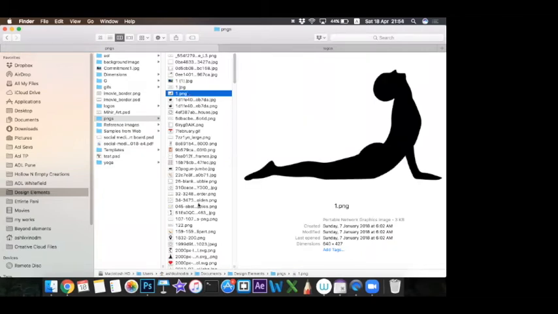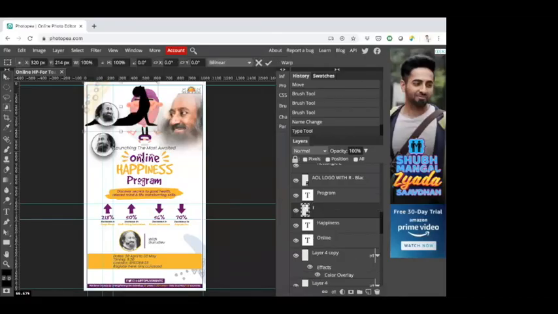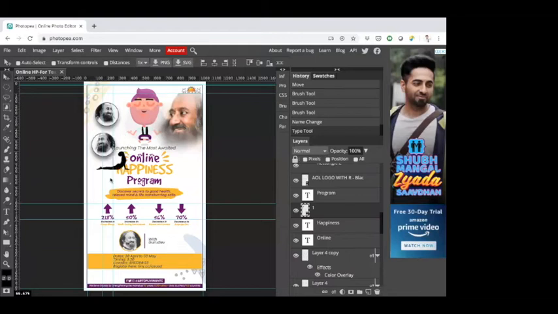These are the PNG images which I have downloaded. I think these are available as part of that Drive kit as well. Now you just drag and drop it on here and scale it down. Sorry, I think these guidelines are coming in the way. Now scale it down, click enter and move it somewhere in a good position.